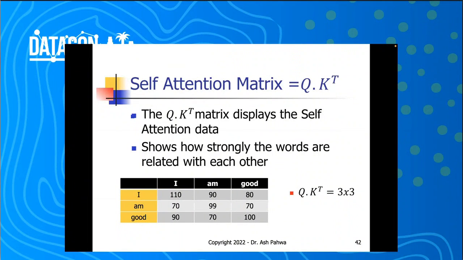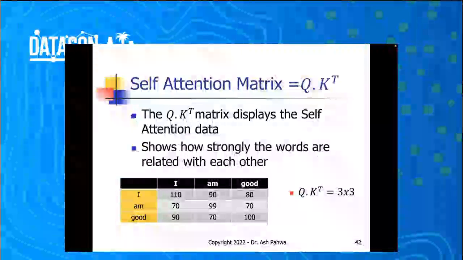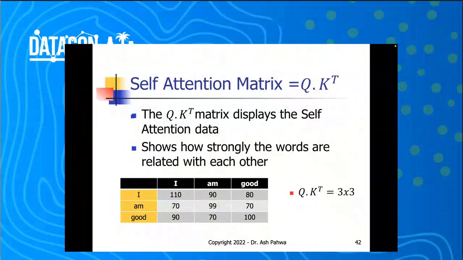If I use the other example, I went to the bank to deposit money, you will see that now the word bank is related to money. Isn't that the way we figure it out as humans? When I tell you, I went to the bank to deposit money, you immediately say, hey, bank is that bank, because money and bank are related. And this matrix is called the self-attention matrix.